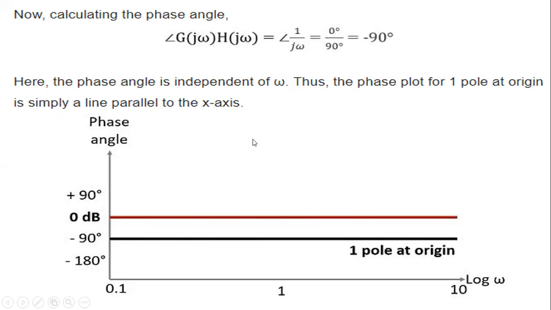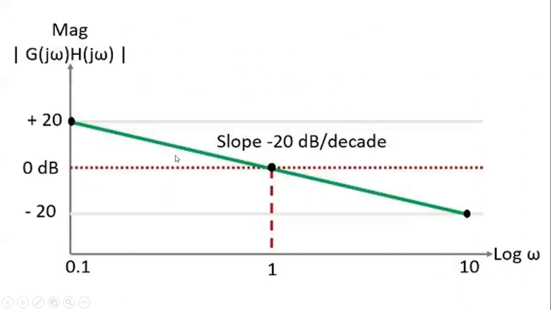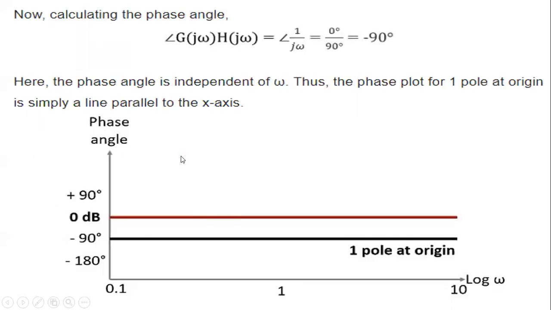So this is about the Bode plot, both phase angle and magnitude. We have represented it on a logarithmic scale and tried to understand its behavior. So that's all the basics. In the next video, we will see how to draw the Bode plot for a given example.